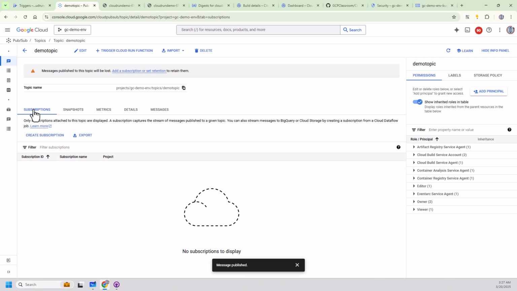It's a transportation mechanism. Just like your network transfers packets from clients to web servers and web servers back to clients, it doesn't remember all the packets unless you specifically turn on packet capturing. Well, PubSub's job is any message delivered to the topic will be delivered to each of the subscribers. And once the subscribers have received that message, then the topic can go away, or the message can go away. Well, in this case, I don't have any subscribers. So our message came in, the message was sent to all subscribers, which was none, and then the message was removed. In fact, it says here, messages published to this topic will be lost